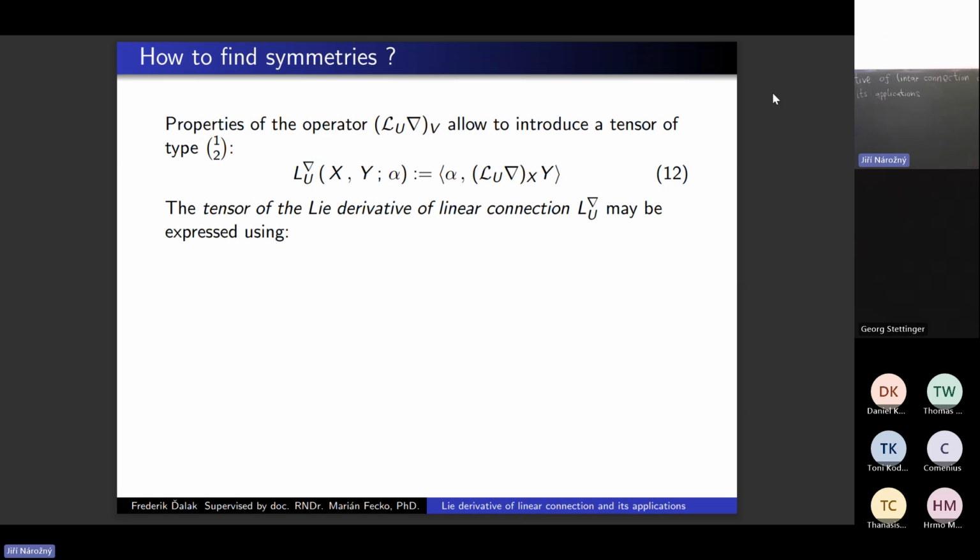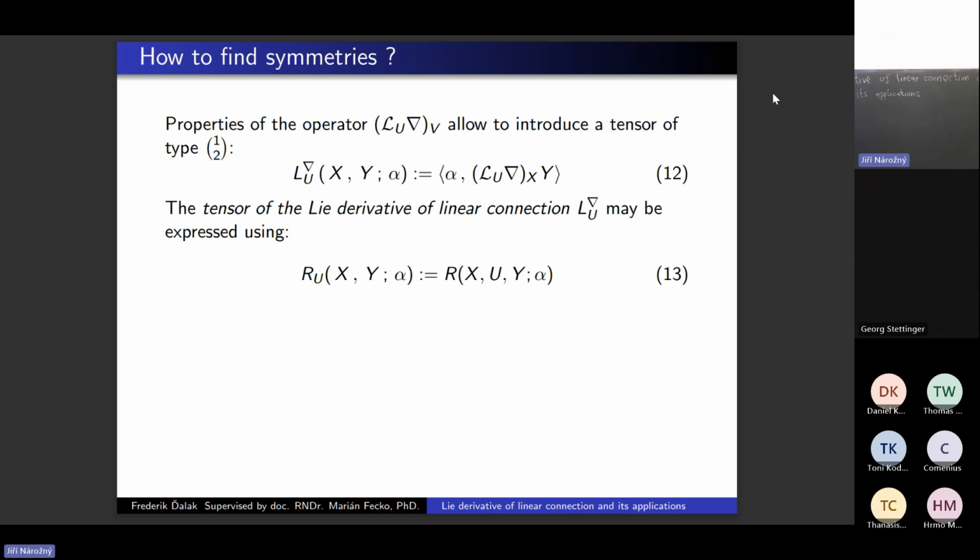And so this tensor field, once you play around with the definition, can actually be expressed using the curvature and the torsion corresponding to the connection. And to do this, we can introduce two quote-unquote new tensors, but it's actually just renaming the curvature